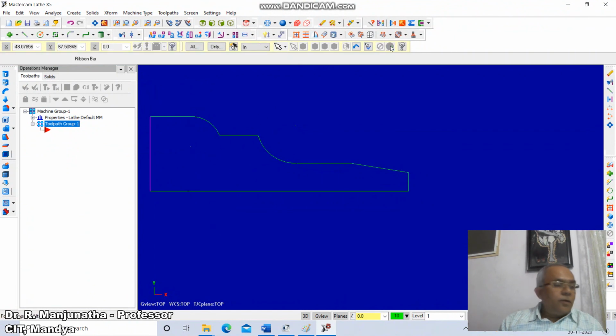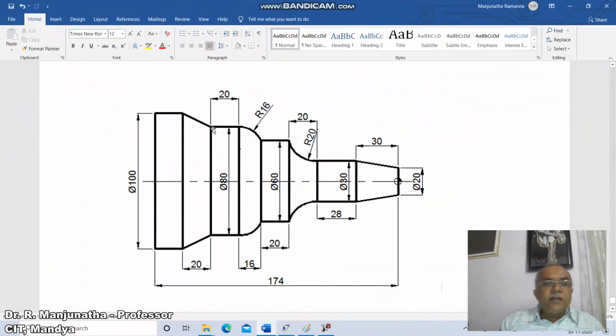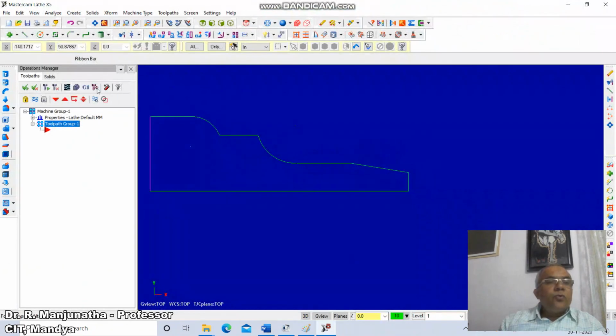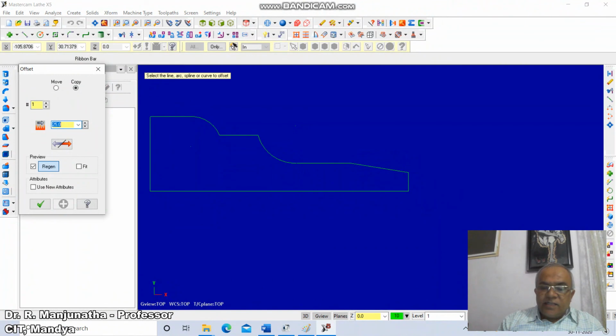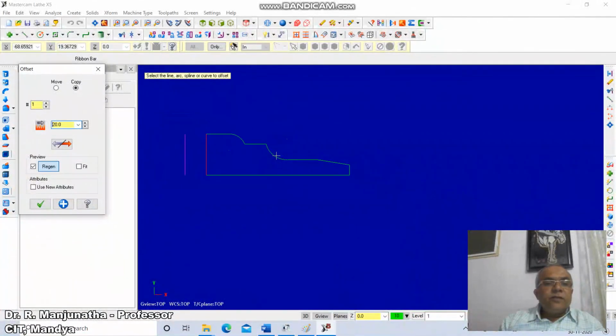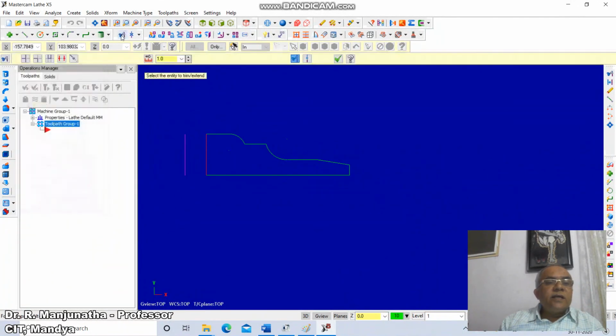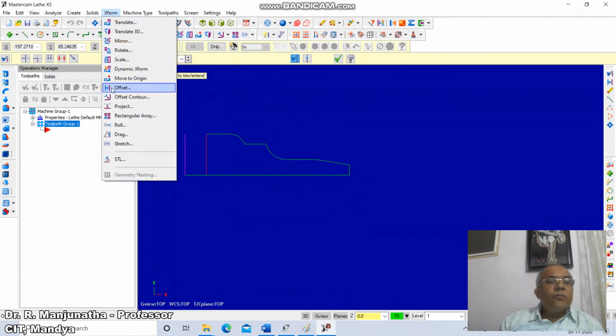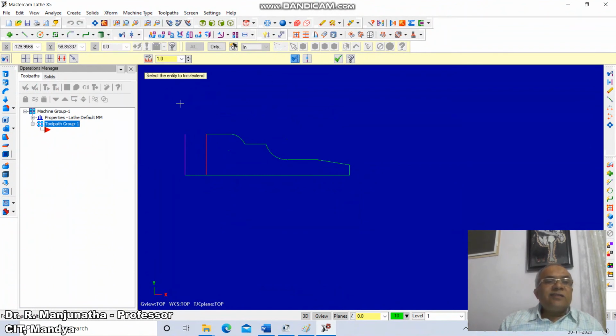this line. Now we have come down till here, then we want to draw an offset by 20 mm. Again go to offset, xform offset, take the distance as 20, and from here to here you offset it. Okay, then go to extend, select this line, extend, select this line, extend till here, and then offset, xform, or you extend this line, you go to extend,